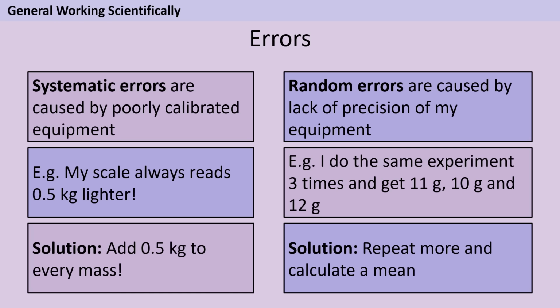Systematic errors are caused by equipment that is giving an incorrect reading, and it's always by the same amount. So if you know how much that amount is, you can then calibrate your data by adding or subtracting appropriately. Whereas random errors are caused by a lack of precision and just normal fluctuations in the environment. So the solution to this is to repeat the experiment multiple times, remove any anomalous data, and then calculate a